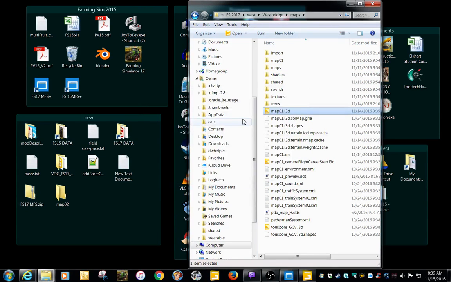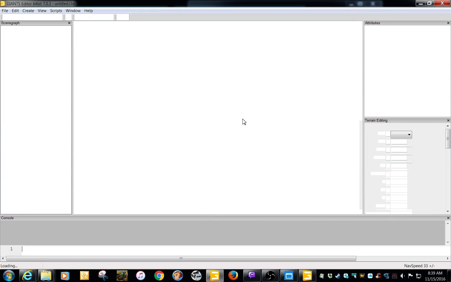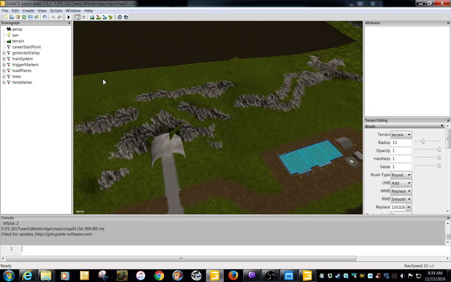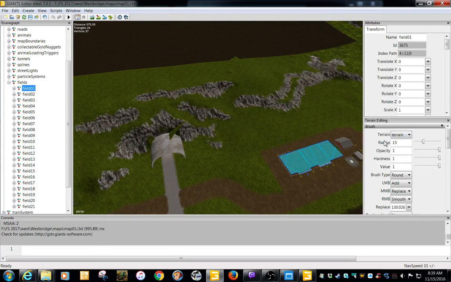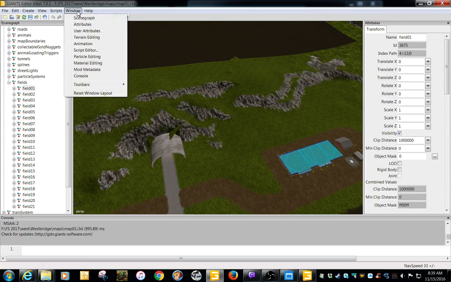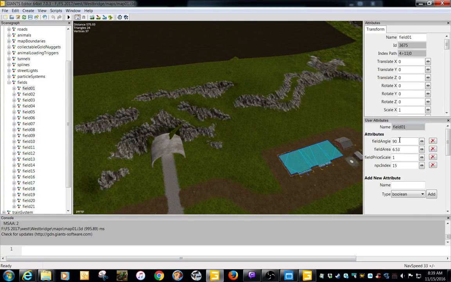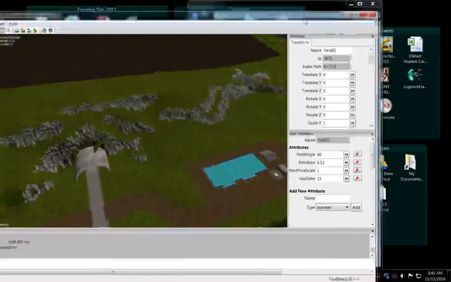But what I ended up doing is I actually imported the fields as an object, and then I utilized, let's see, fields, because now they've got more information, mainly over here. Let's go Window, User Attributes. It has field angle, field area, and everything. You don't have to put a price, it's all in there, whereas